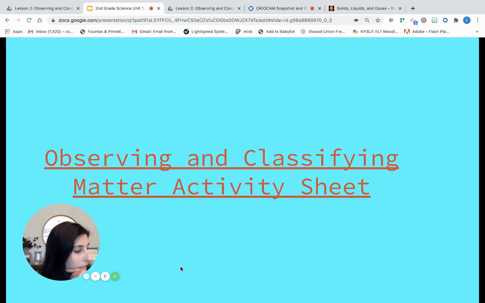Let's see. I could ask, does the object change shape in the bag? Right? That would prove there's only one thing that we know does not change shape. What is that? Call it out in 3, 2, 1. Yes, you're right. Solids do not change shape. So that would certainly help us to prove whether or not something is a solid.